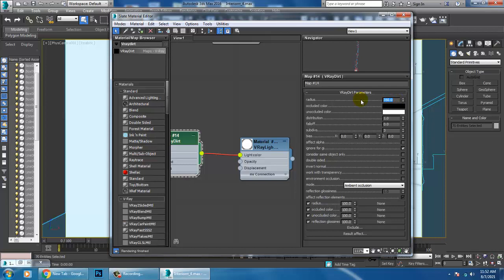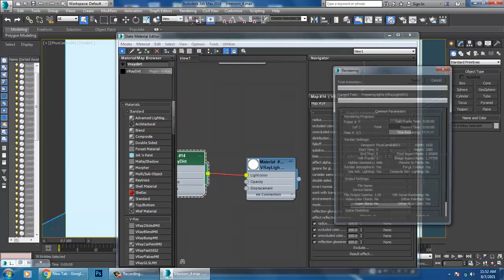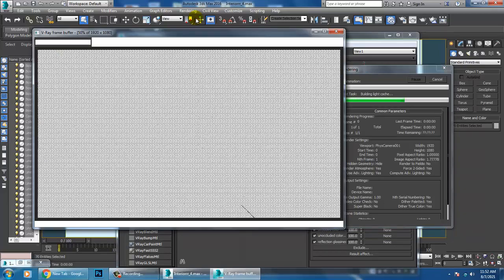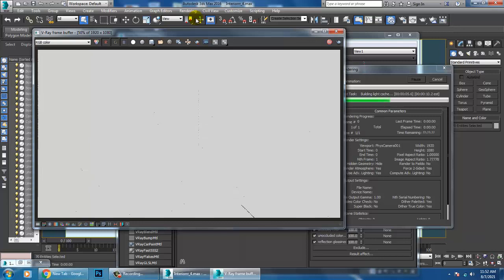I'll increase its radius and distribution, and let's render it again. Let's see how it looks. Okay, much better than the previous render.